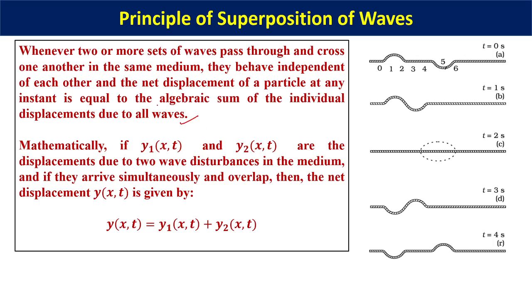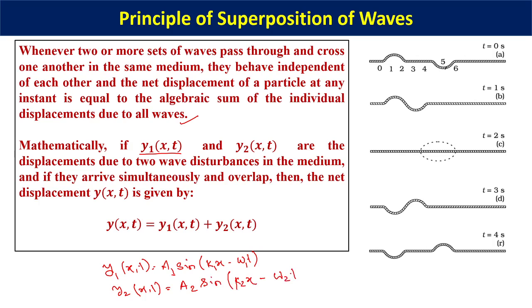All right, so I will explain this pictorially in a while, but let us first go into what it means mathematically. Because you remember we talked about the wave equation as y1(x,t) equal to a sine of (kx minus omega t). So here let y1(x,t) be one wave with amplitude a1, wave vector k1, frequency omega 1, and y2(x,t) be some other wave with amplitude a2, sine (k2 x